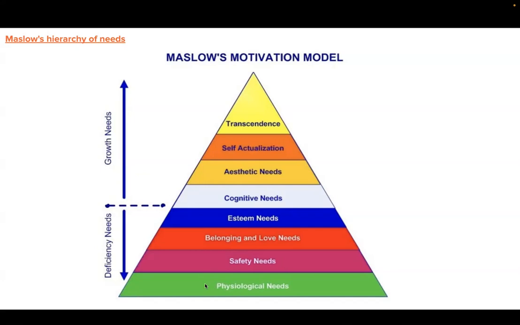At the bottom there are the physiological needs, then safety needs, which I didn't mention with the chakras, but of course they are there. Then we have needs for belonging and needs to be loved and to give love, self-esteem needs. And then we go up to cognitive needs, aesthetic needs, self-actualization, and transcendence. Okay, so this is also something you can use for motivating your characters.